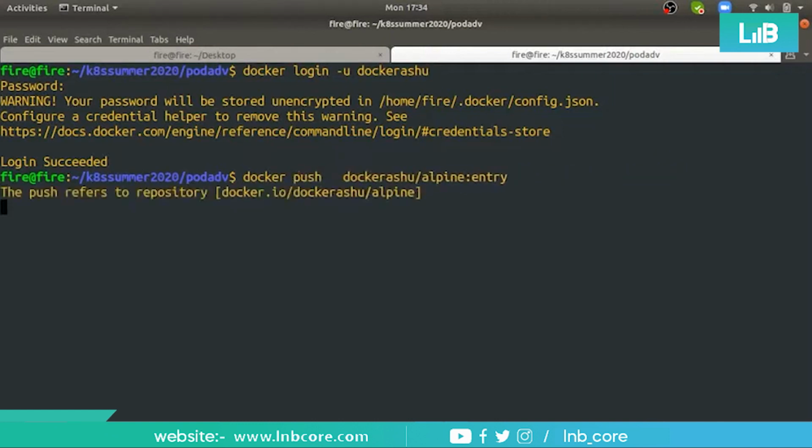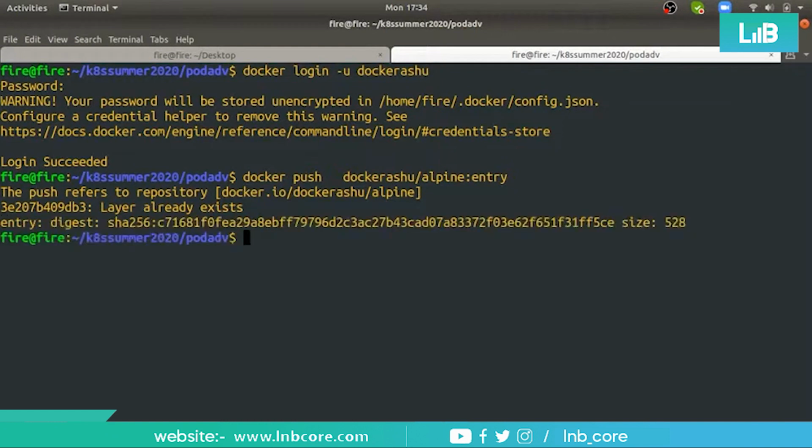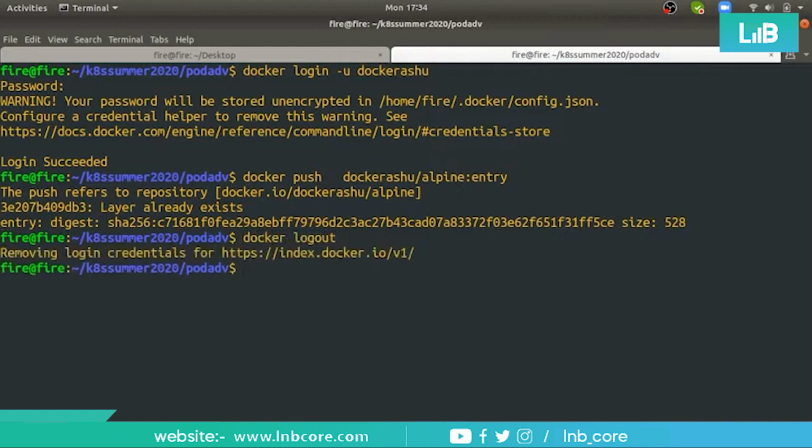So, push. It is getting pushed. Okay, it got pushed. Now I'm doing docker logout, and it's logged out.